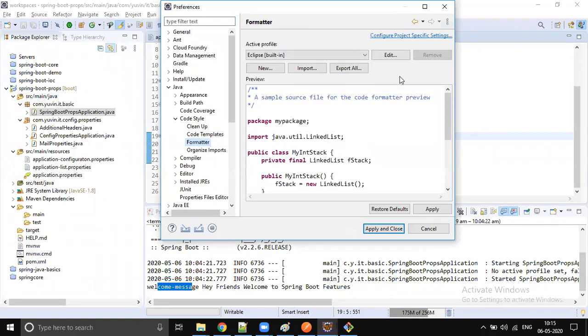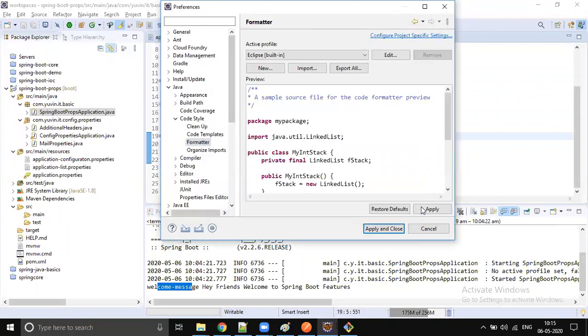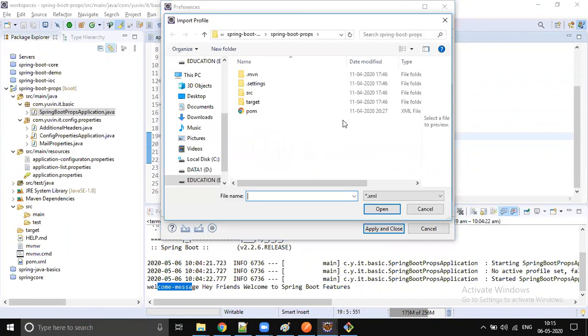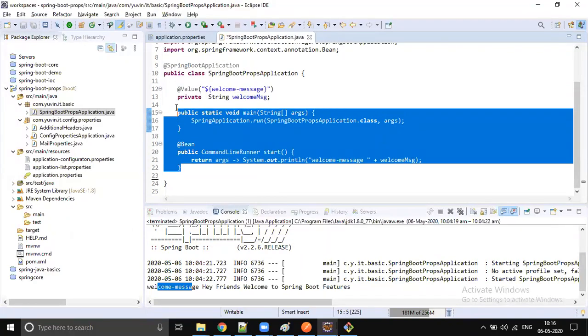Yeah, this is the default. You just have to import their own XML file. So you click on import, and you select their company-specific rules and regulations. But if it is not provided, then you just select this and do Control-Shift-F, then the code will be formatted by the default standard of Eclipse. But it can be overridden.